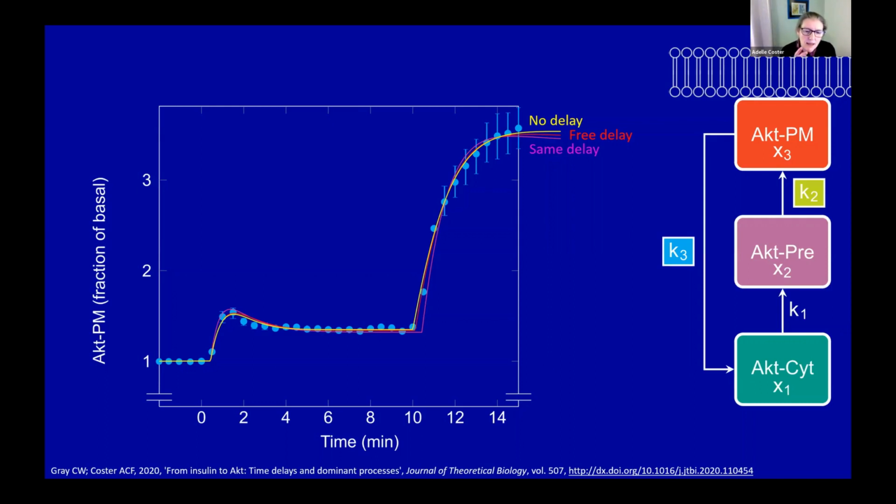The outcome that we think that we have here is that we have got some handle on the delay of the signaling system as any amount of insulin primes the system to actually respond. So it activates the signaling pathway and activates translocation. This is encoded by a change in this rate from the primed pool to the plasma membrane. Subsequent applications of insulin, higher levels in this case, don't require that priming step because the system is already activated.